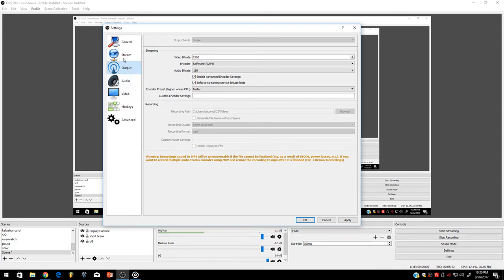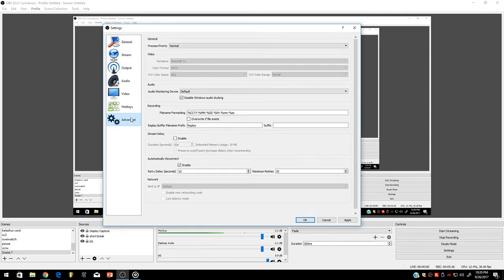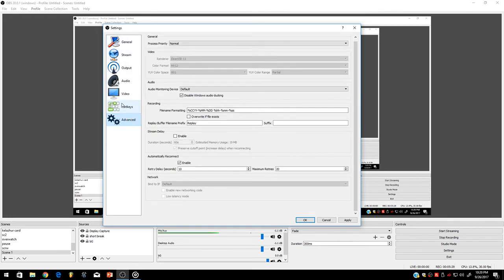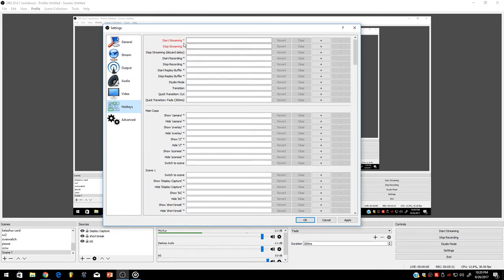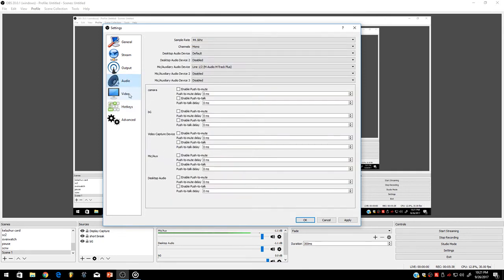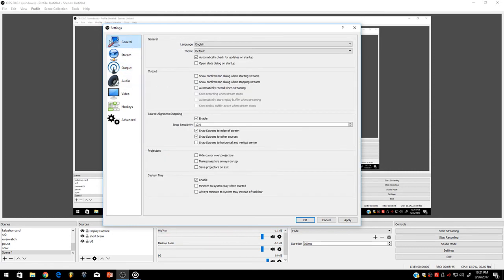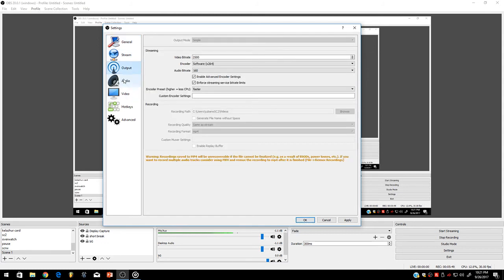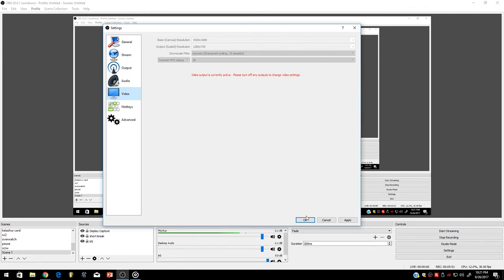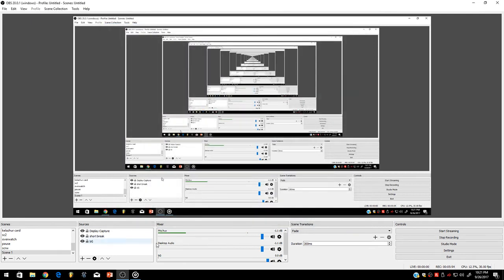So now that we got the 3 important things here, the rest is for if you're doing streaming. I'm not gonna get into that. You have the advanced settings. You have hotkeys if you want to have hotkeys for start recording or start streaming. I have none of that, so I'm not even gonna get into that. So we got audio done, we got video done, we got output done. That's where you're gonna save your file, and then again in general there's nothing. So now that we got those 3 main points, output, audio, and video done, you can hit OK, and then